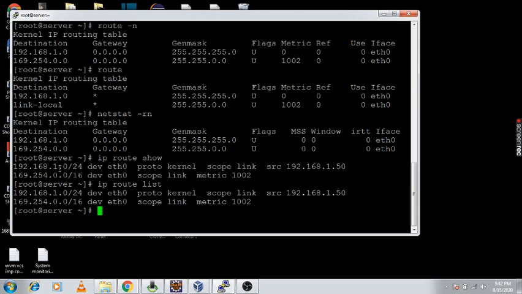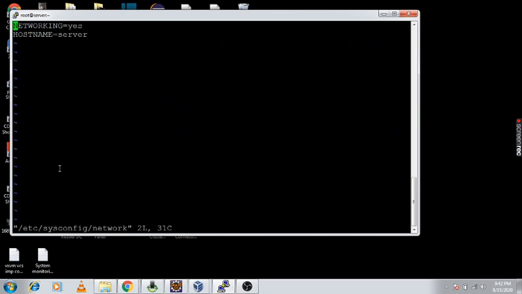So basically this default gateway we configure under /etc/sysconfig/network. This is the file we are using, and here we can set the default gateway. If suppose I want to give the gateway, you need to set it this way.